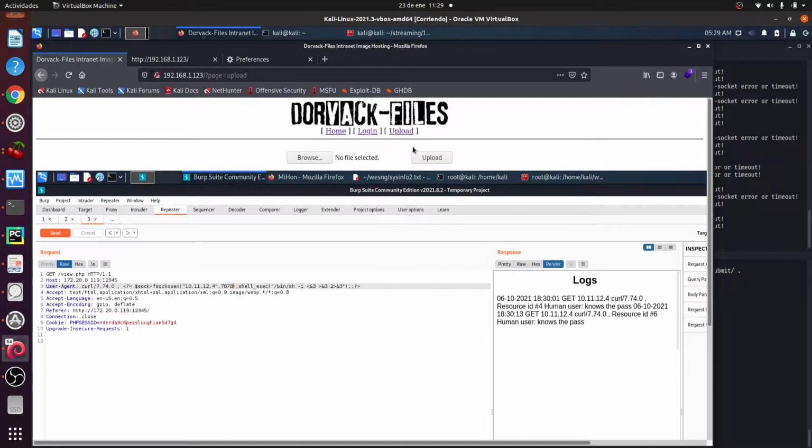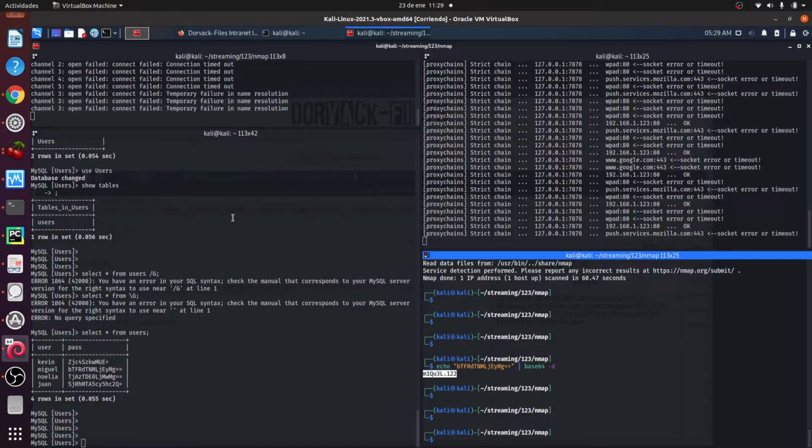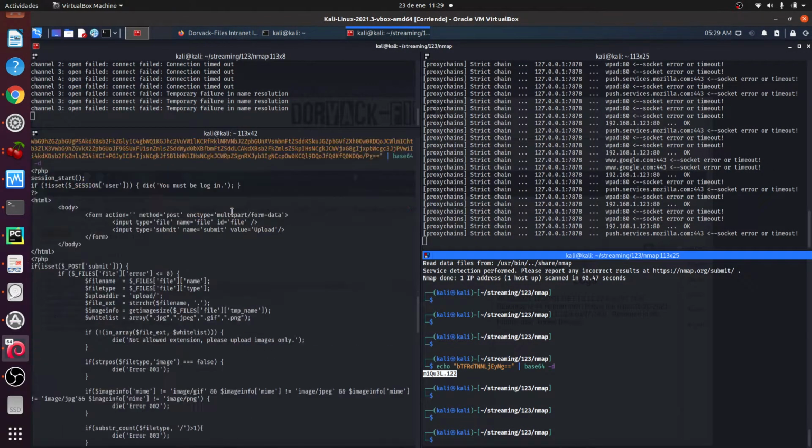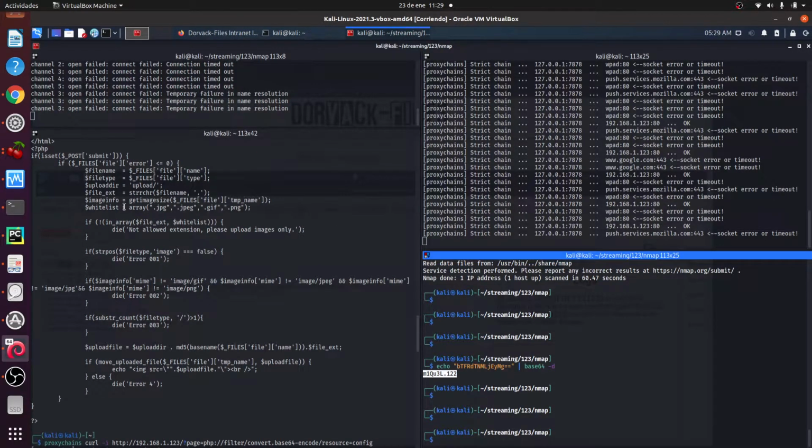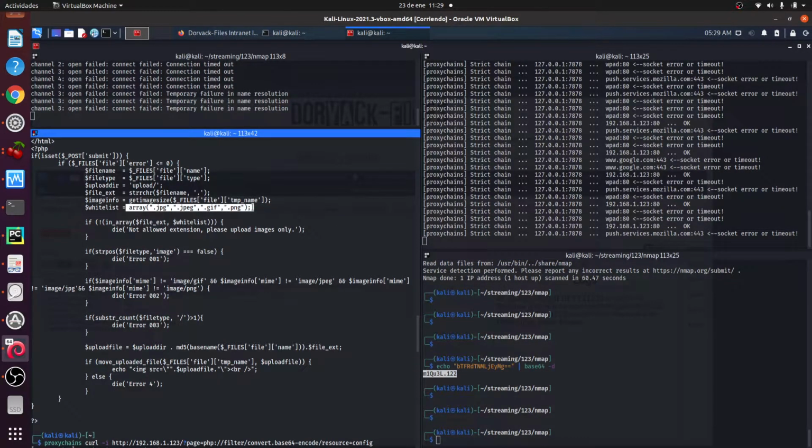But we need to upload our PHP web shell or reverse shell in order to gain access to the target machine. So how can we do it? We need to review that the only allowed image has this extension, verify the image info,